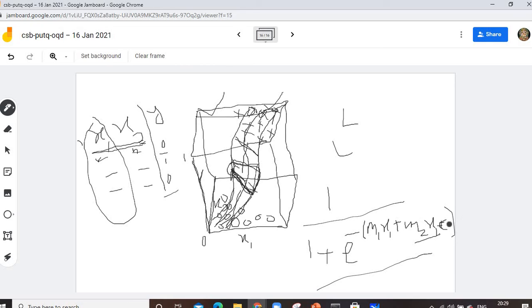If 3 independent features are there, then the function will be converted into m1 x1 plus m2 x2 plus m3 x3 plus c. So my y will be this in this case, and this is a plane, not a simple line, because I am having 2 features, x1 and x2. This will be a plane, not a line.